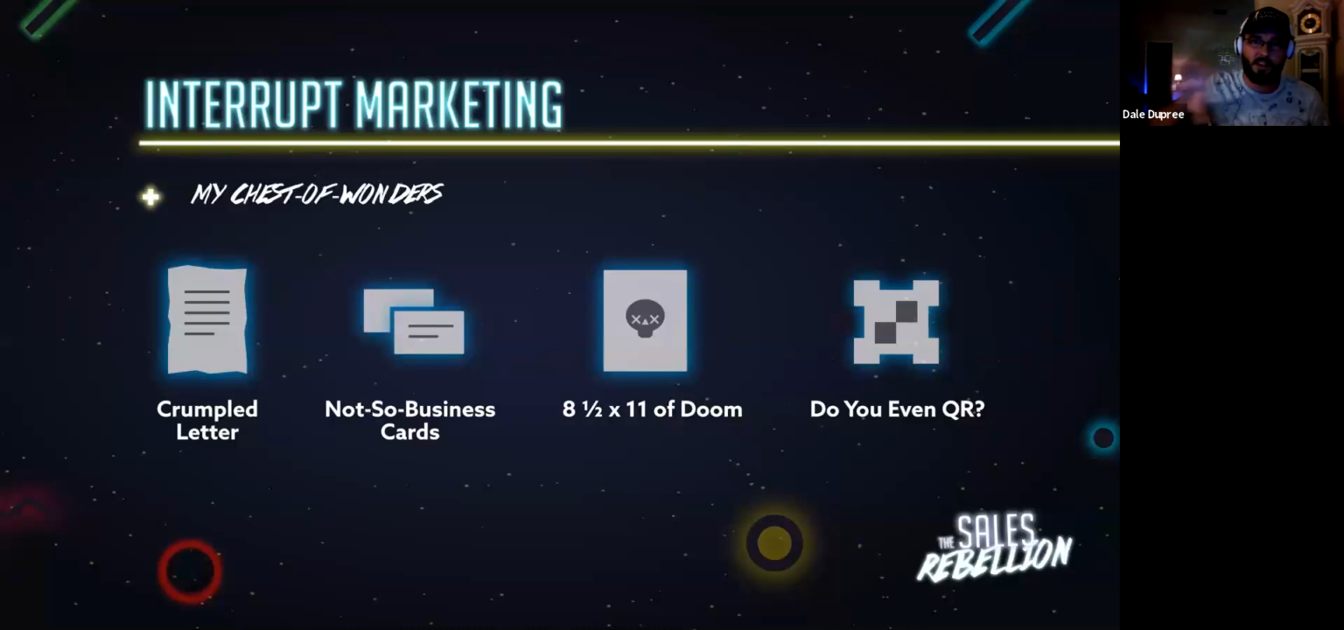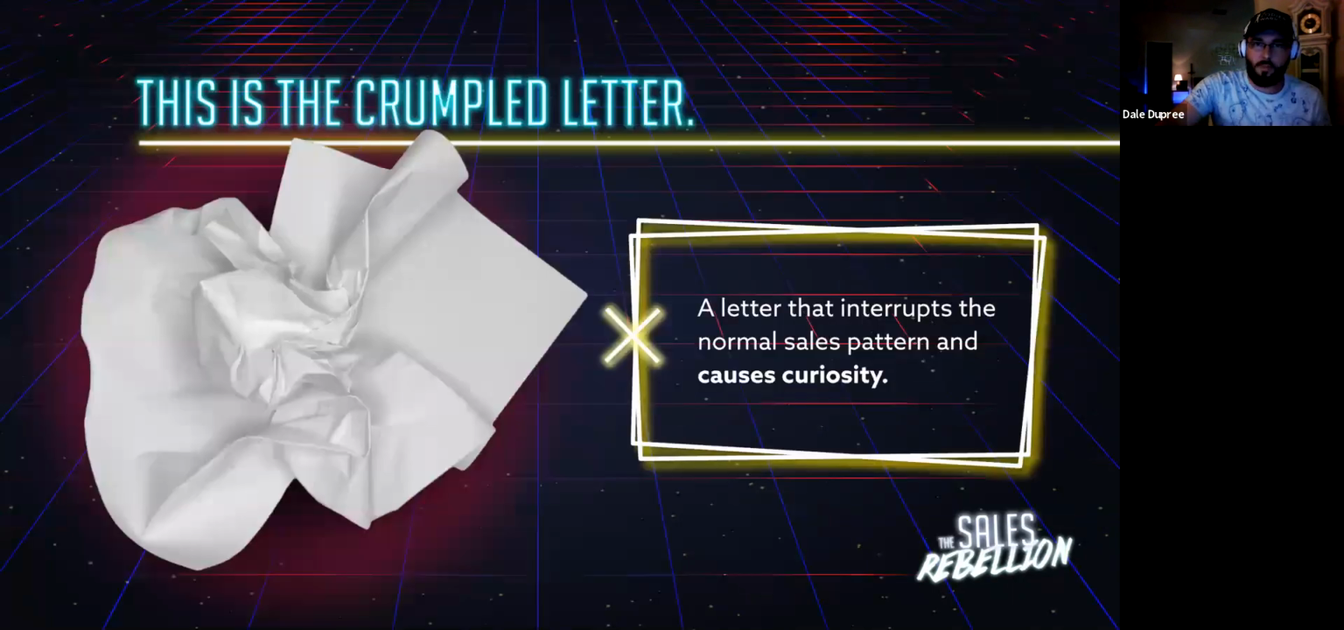And a lot of times inside of these pieces that I've put on here, we use QR codes. So one of my biggest pieces being the crumpled letter, a lot of times we'll stick a QR code in the crumpled letter. So after they're done reading the content, having their pattern completely interrupted for the day,